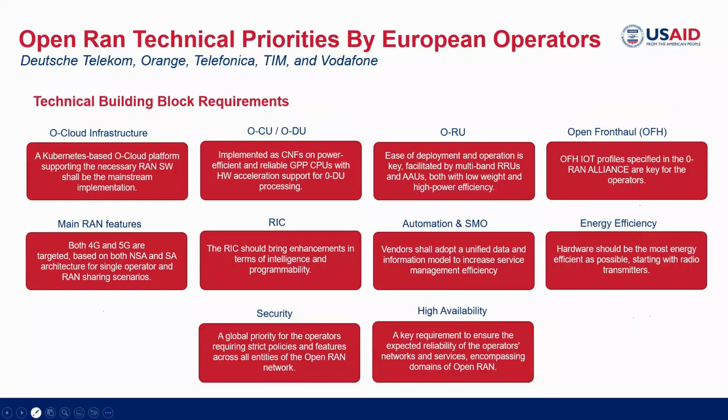Of course, security is a global priority for the operators, requiring strict policies and features across all entities of the Open RAN network. We will have a separate course on the security of Open RAN, with a dedicated instructor about security. As he mentioned, Open RAN is created with security in mind, because all the components are open and interoperable with each other. So security is one of the main priorities. And high availability is the key requirement to ensure the expected reliability of the operators' networks and services encompassing the domains of Open RAN. So these are the 10